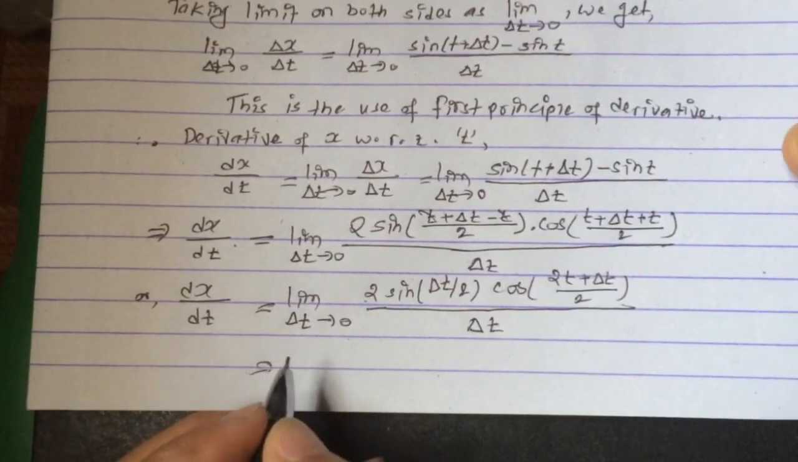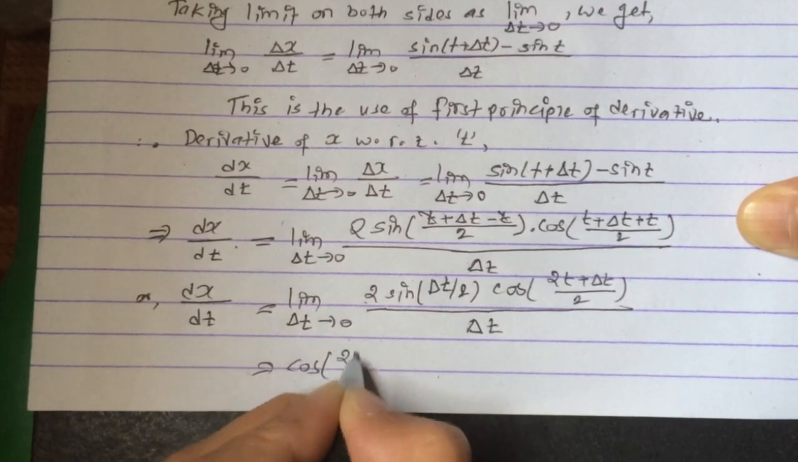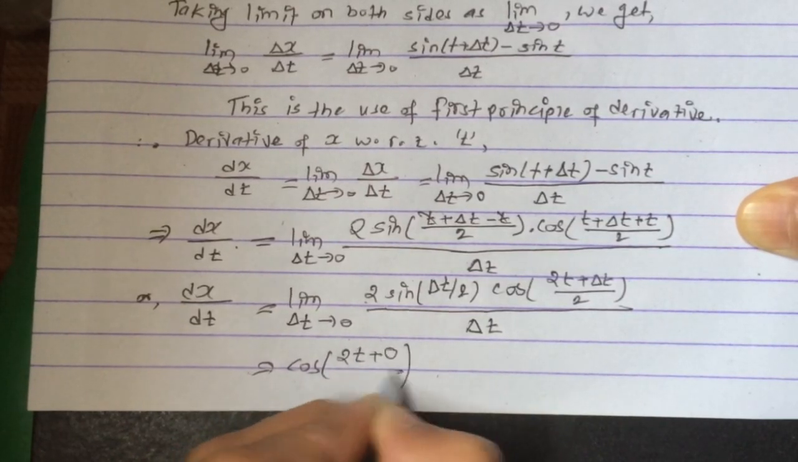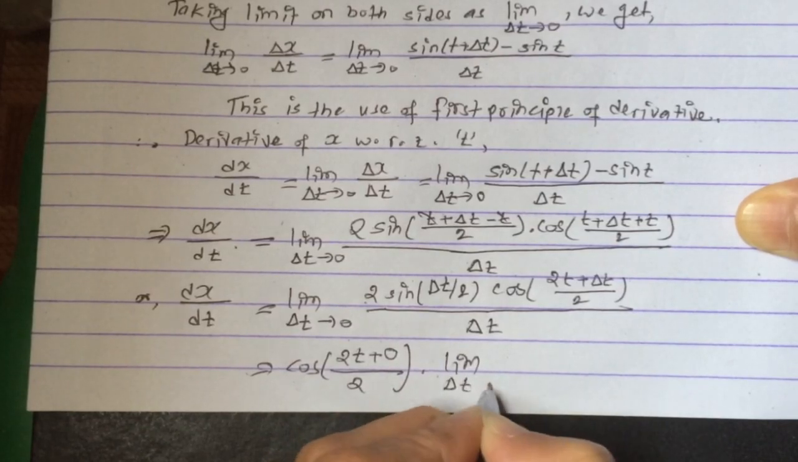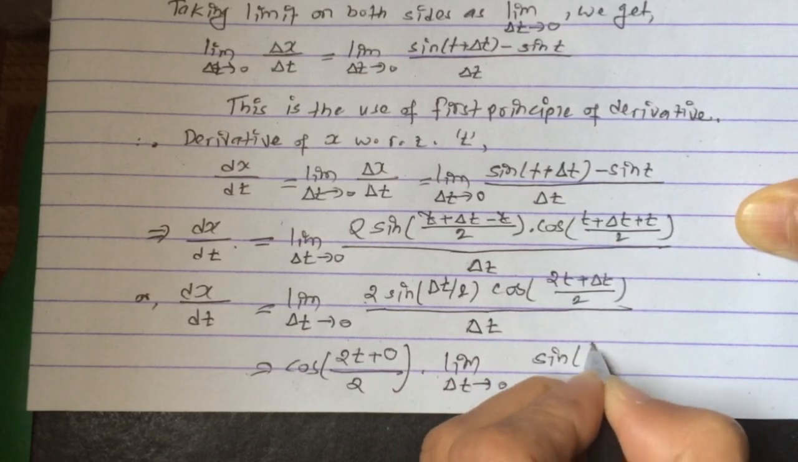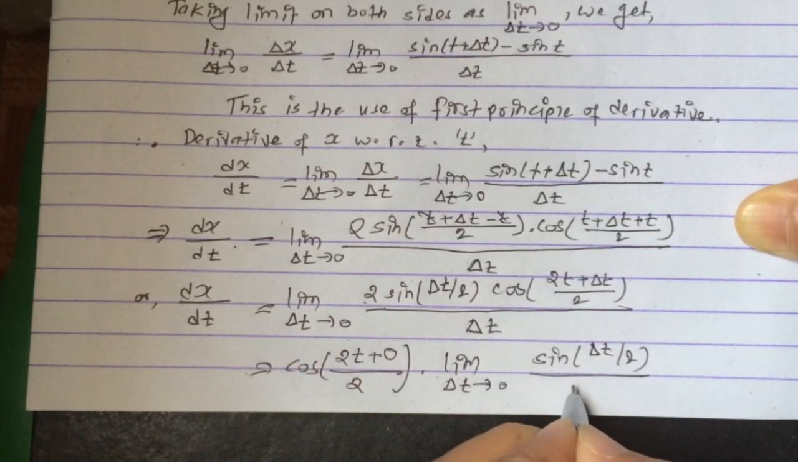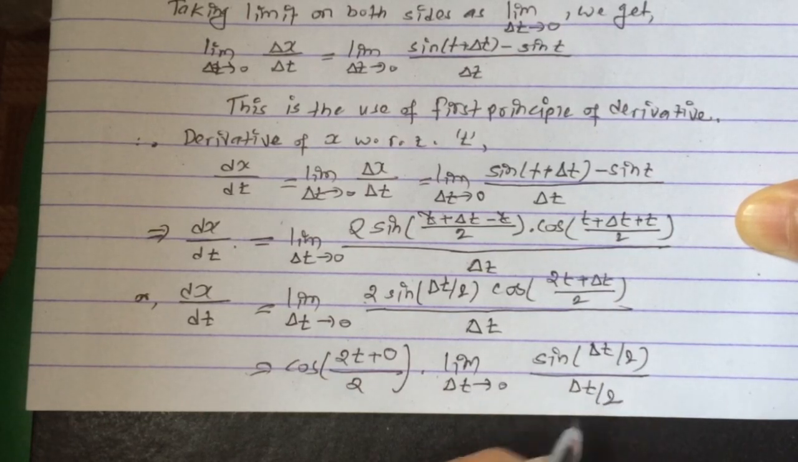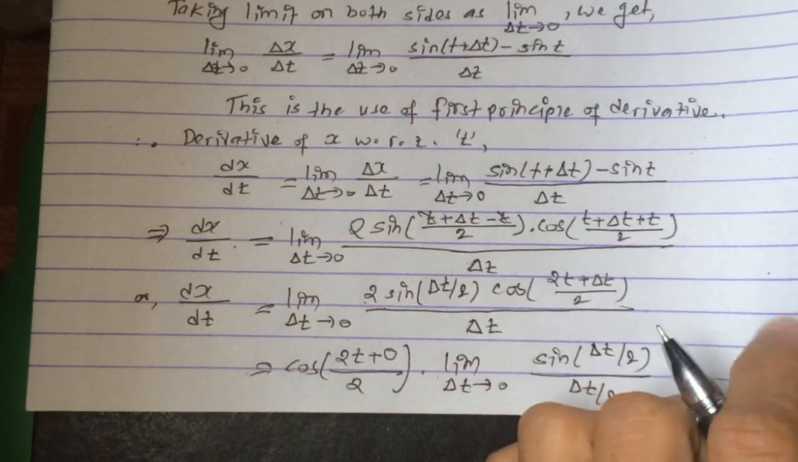Okay, you can see there cos of (2t plus del t) divided by 2, you can take it out from the limit because cos of (2t plus del t) divided by 2 does not give you an indeterminate form after using del t equals 0. So cos of (2t plus del t) divided by 2 is taken out from the limit by using del t is equal to 0. So we are left with